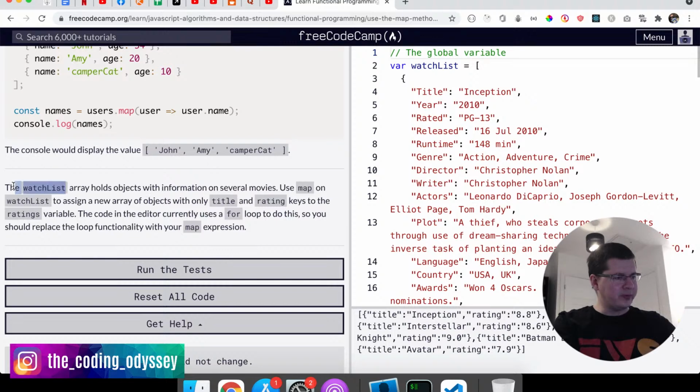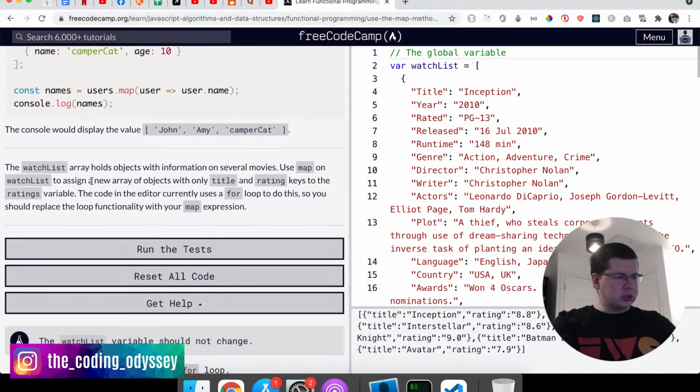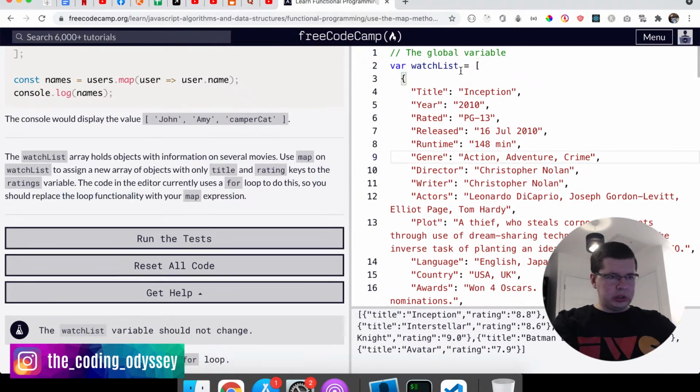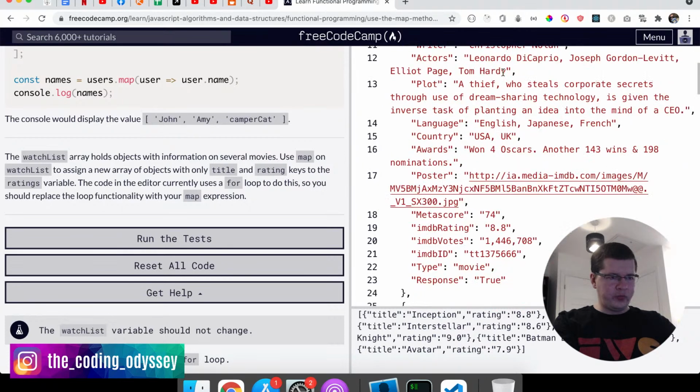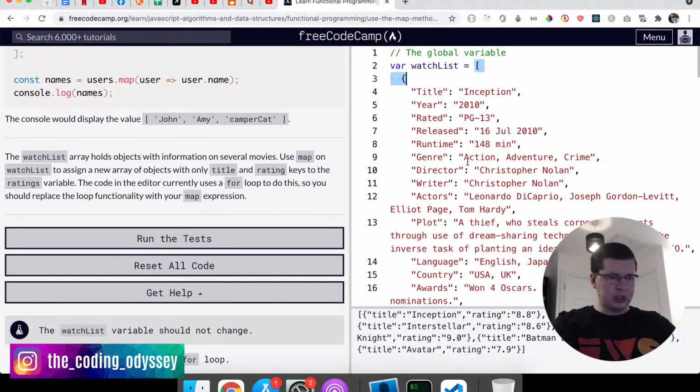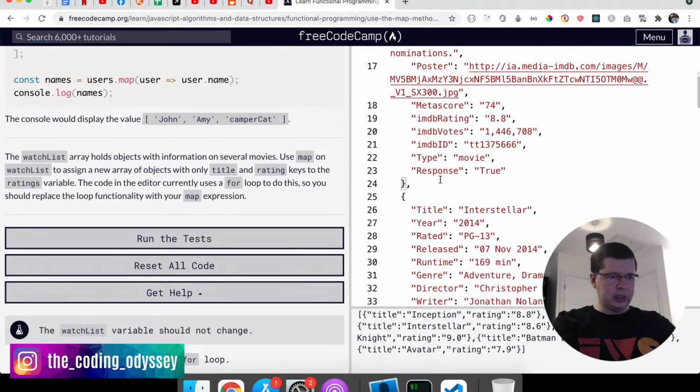So we have an array watchList that holds information on several movies. And they say use map on watchList to assign a new array of objects with only title and rating keys to the ratings variable. The code in the editor currently uses a for loop to do this, so you should replace the loop functionality with your map expression. So as you can see, we have a watchList, which is basically an array of big objects. We have some big objects in here with many properties,